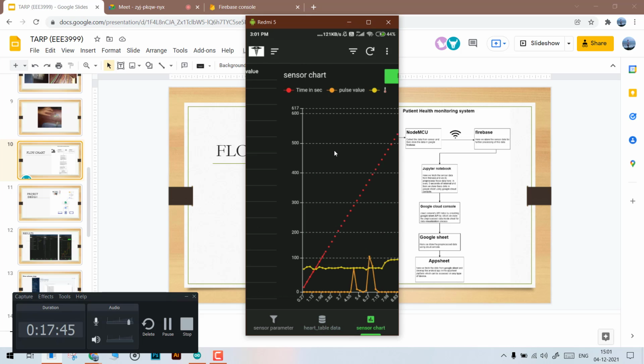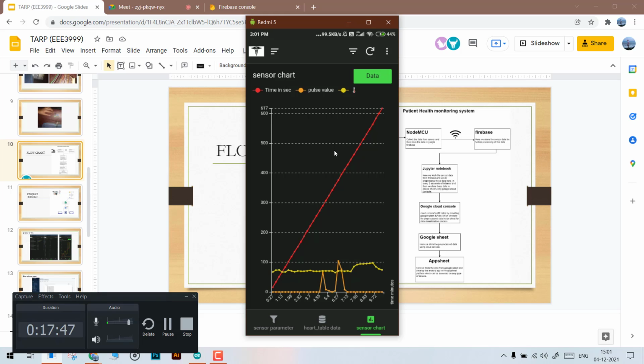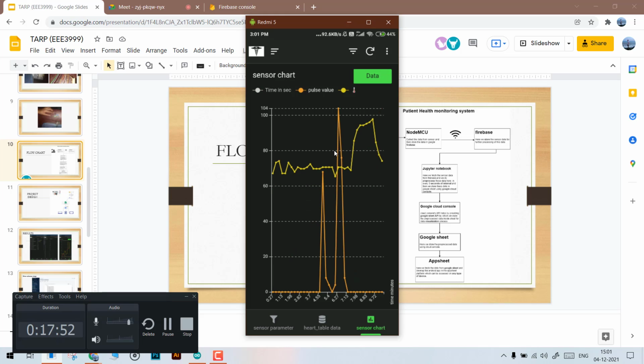And the sensor chart is for seeing it clearly in the chart. You can see I don't require the time in seconds, so I turned it off. And the upper chart is for the body temperature parameter, and the lower orange chart is for the pulse value.